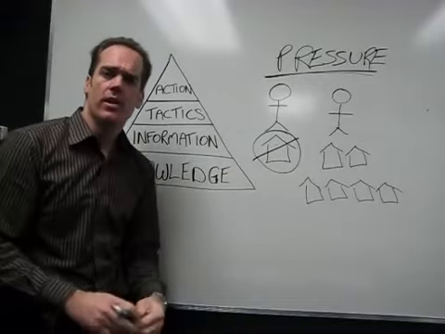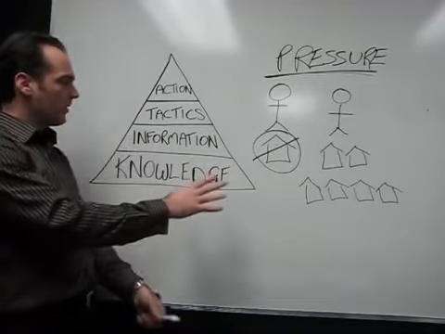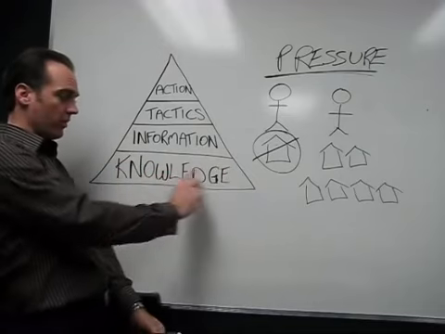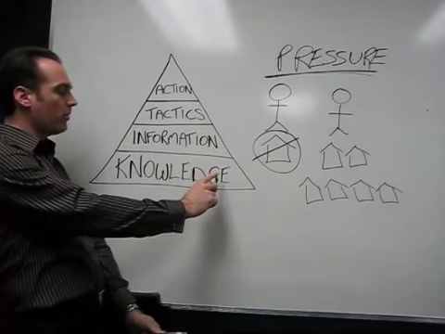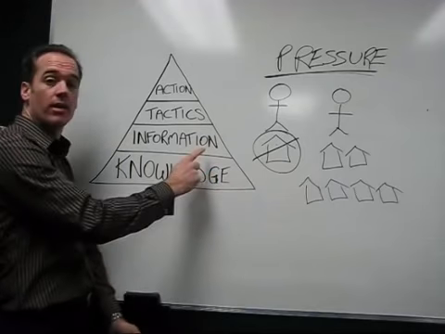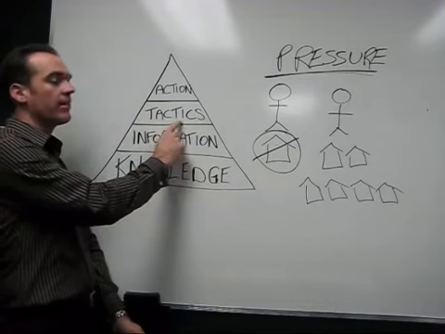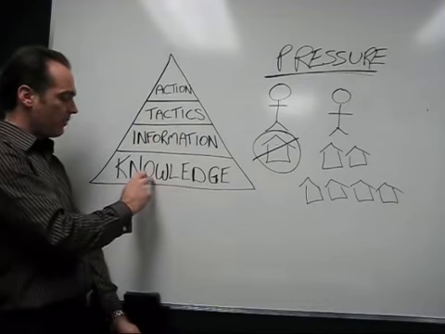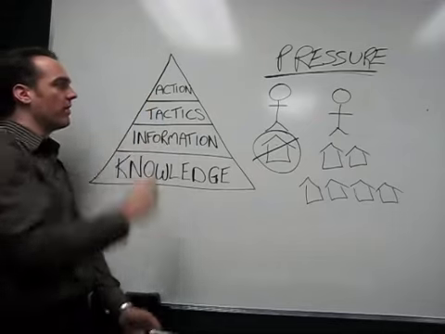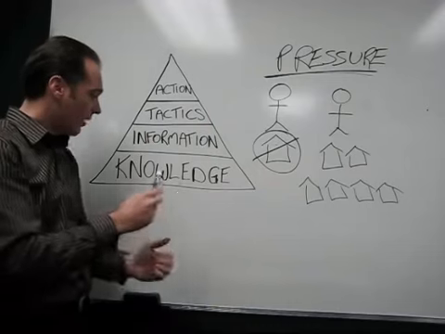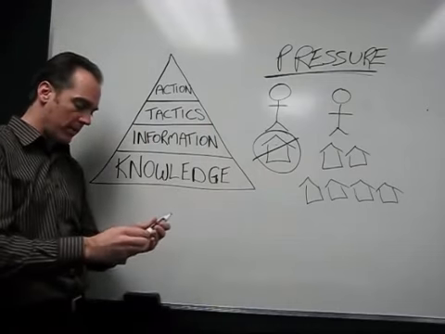A few weeks ago, we did a video about forming this triangle and making your investment decisions based on knowledge, and how the majority of people make their decisions based on information. They don't base it on knowledge, and then they choose the incorrect tactics because they're not based on knowledge, and ultimately their action is headed in the wrong direction. So I wanted to expand on this a little bit, and what type of knowledge we mean is really around these things.